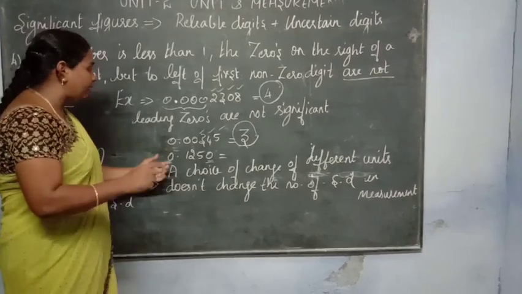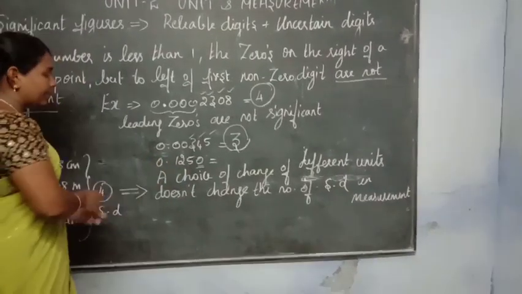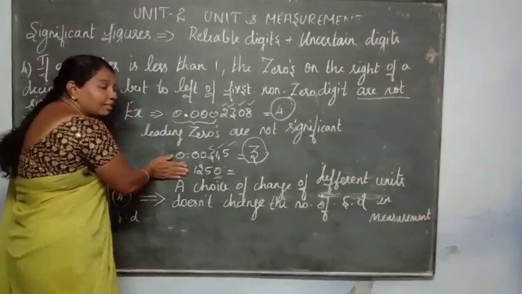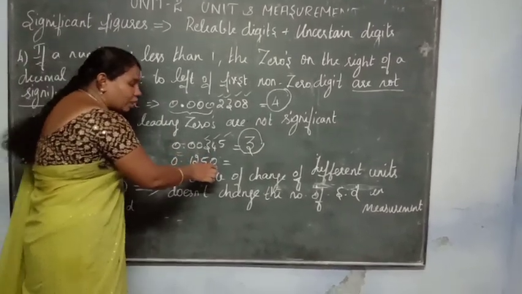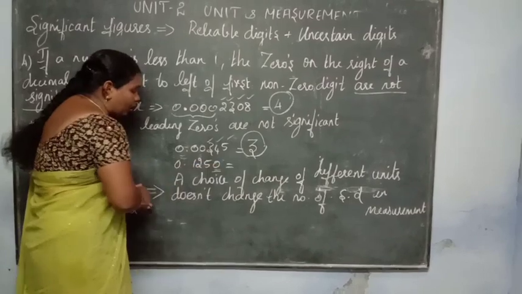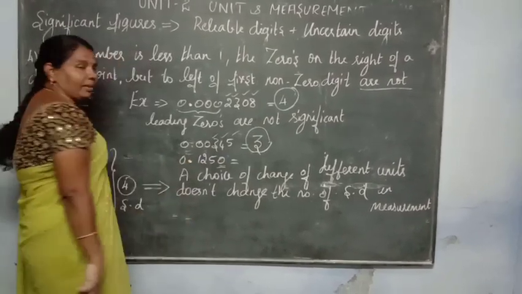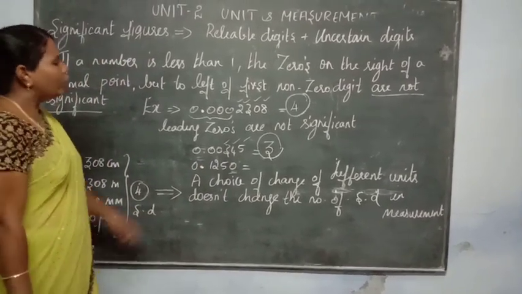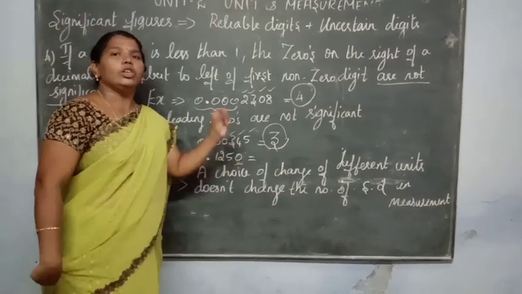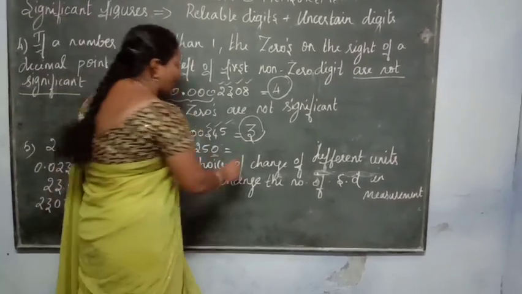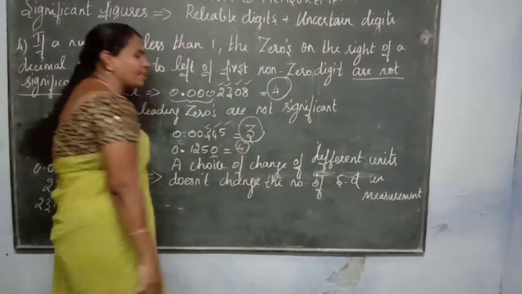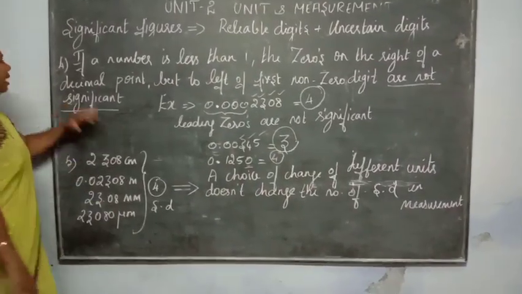Listen here, so that I am giving this example. See, these are the leading zeros. Leading zeros are not significant. So you just cancel them. Here the trailing zeros are also there, but the trailing zeros are followed by the decimal point. So it is significant. You just count it. What is the value? 1, 2, 3, 4. How many significant digits? 4. Okay, this is the condition 4.